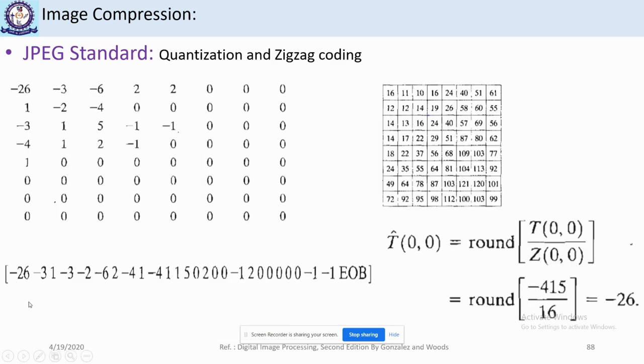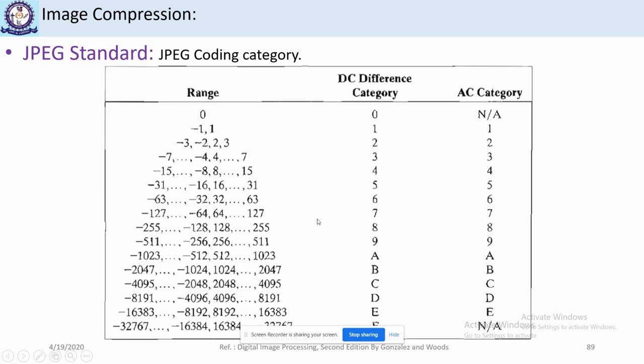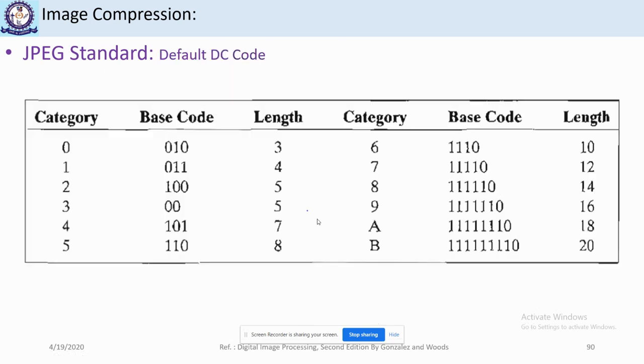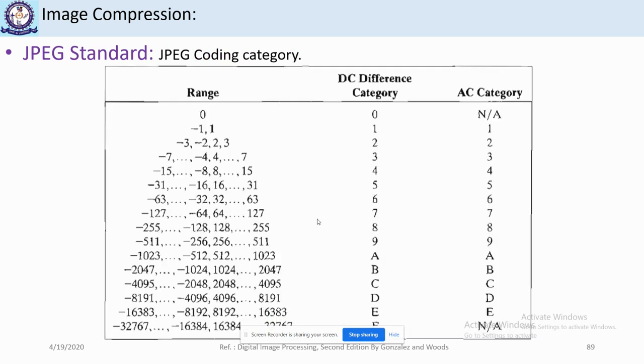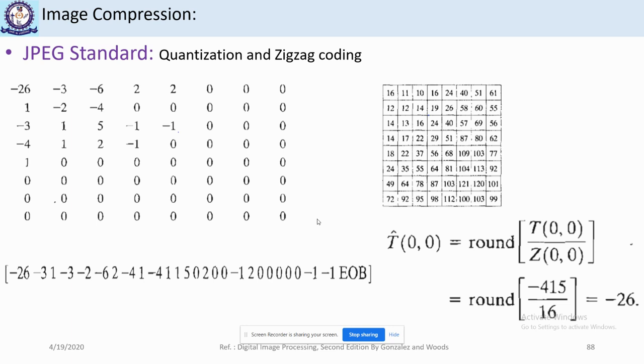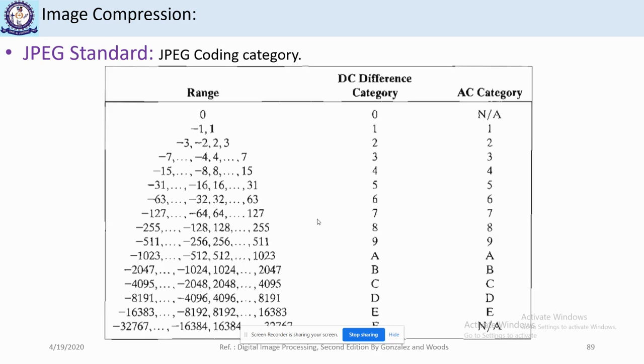Now moving ahead, after zigzag coding, the next step is how we code these DC and AC components. For that we use three tables. First we need to find the category of each element. If our coefficient is 0, then its DC category is 0, and there is no AC category for 0. If it is from minus 1 to 1, then its DC category is 1 and AC